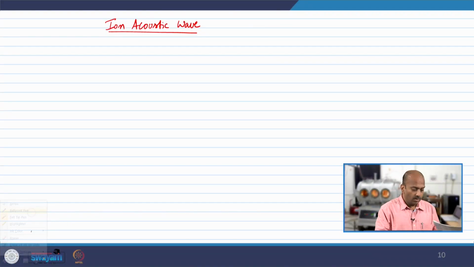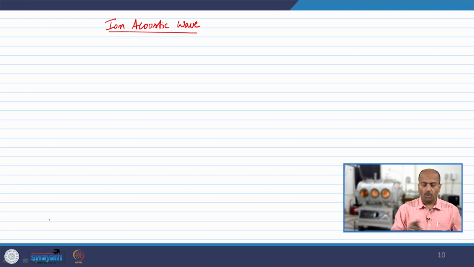Hello dear students, we will continue our discussion on ion-acoustic wave. In the last class we have seen how the governing equations change when we do not impose the plasma approximation. So, we will continue the discussion. We have seen that the Poisson equation needs to be considered, which is written like this: epsilon naught